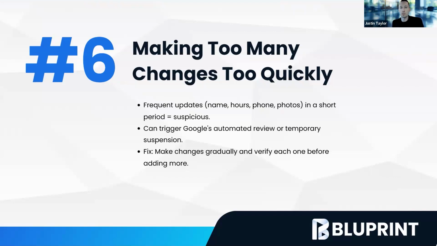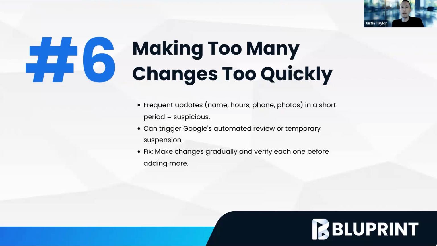those reviews. One of the biggest things is obviously updating name, hours, and phone, or even photos, though I've seen less of an issue with those. It's when you're updating the name in addition to all of those other things. So I would almost spread that part out. Okay, so if you need to update your name, I would probably do that and then a day or two later, do the others, just as a precaution. Not that every time you're going to do that, it's going to trigger a review or a suspension, but Google has become very finicky in the way that they are doing these automated reviews for your profile.